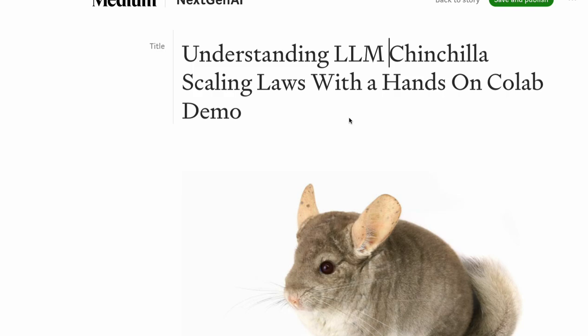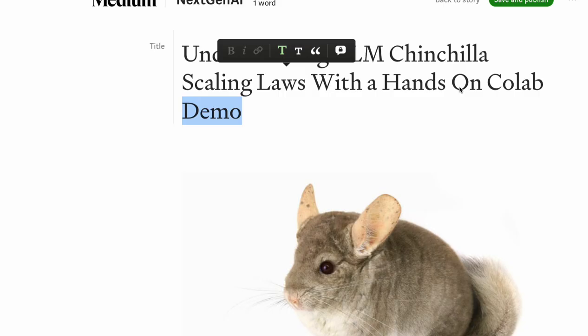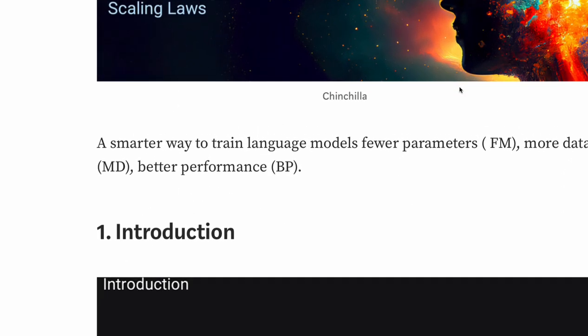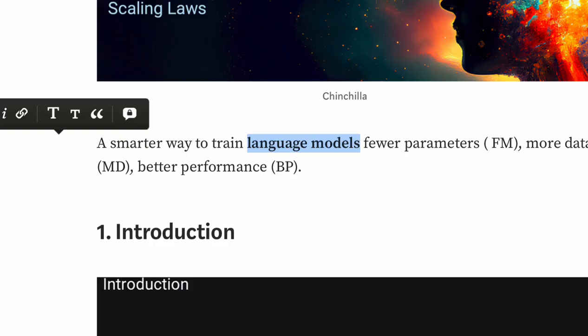Everyone, today I'm going to talk about the LLM Chinchilla scaling law with some hands-on examples in Google Colab. And let's understand this law. What this law says is the smarter way to train a large language model